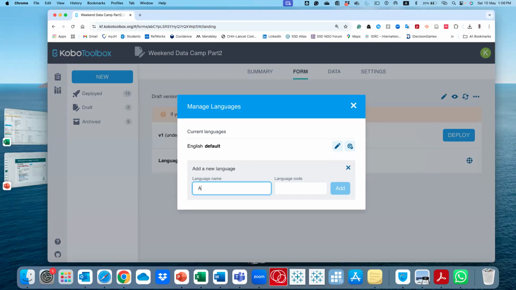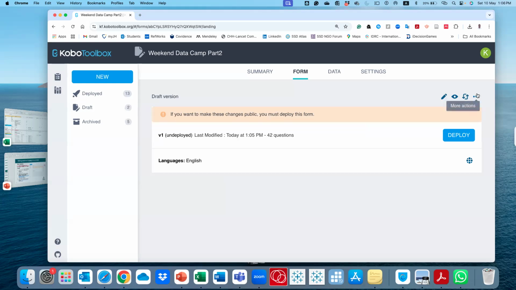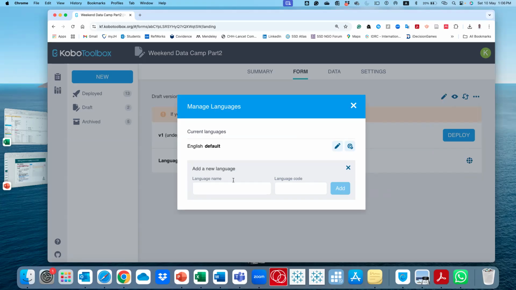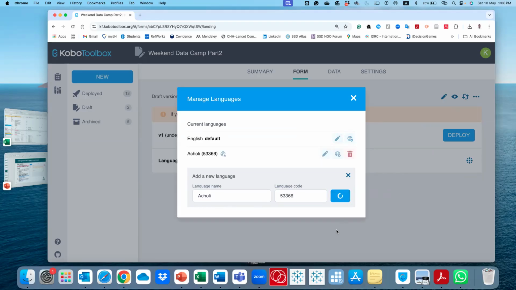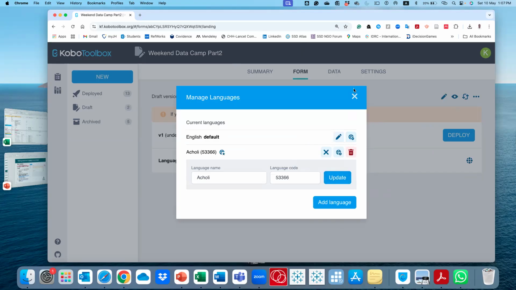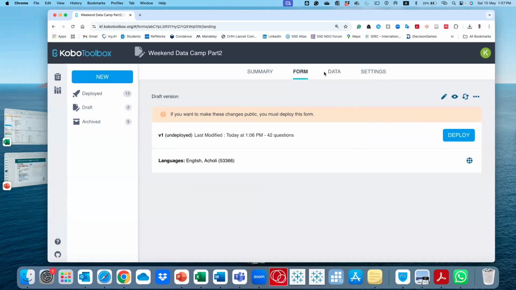So let's say, okay. So you've added one language, which is here, and you can edit it the way you want.